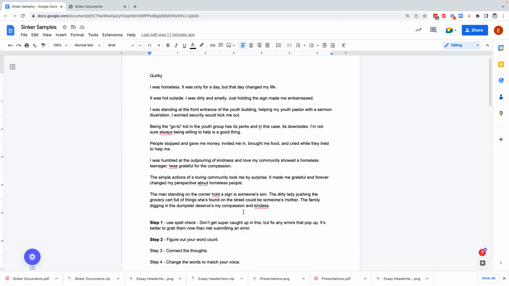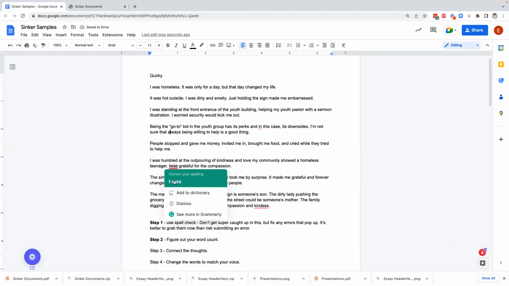So step number one, when you're in this setup, go ahead and use spell check. And I also have Grammarly installed, and you can see it on here. So there are 7 issues. Now I have Grammarly Pro, so I pay for it. There are 24 suggestions there, but there are 7 really big ones in their outline. I'm not sure always, and they want us to add that. That's a very good one.